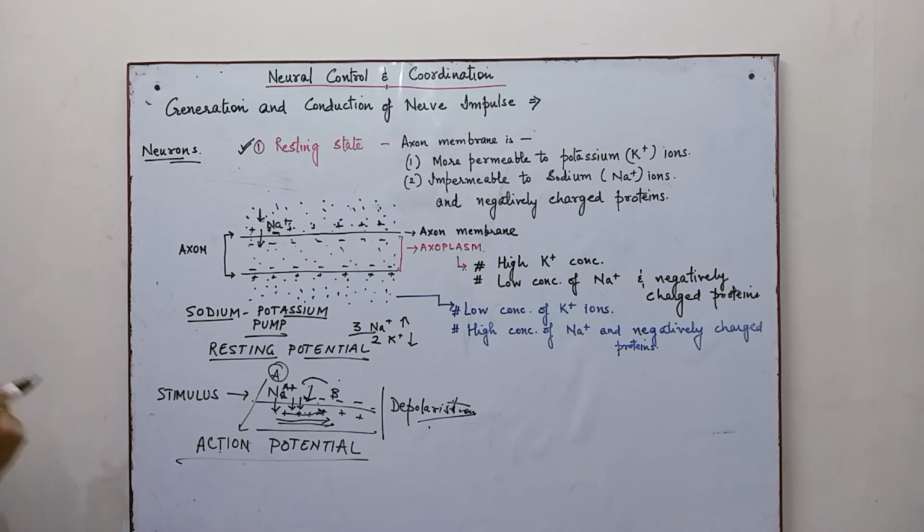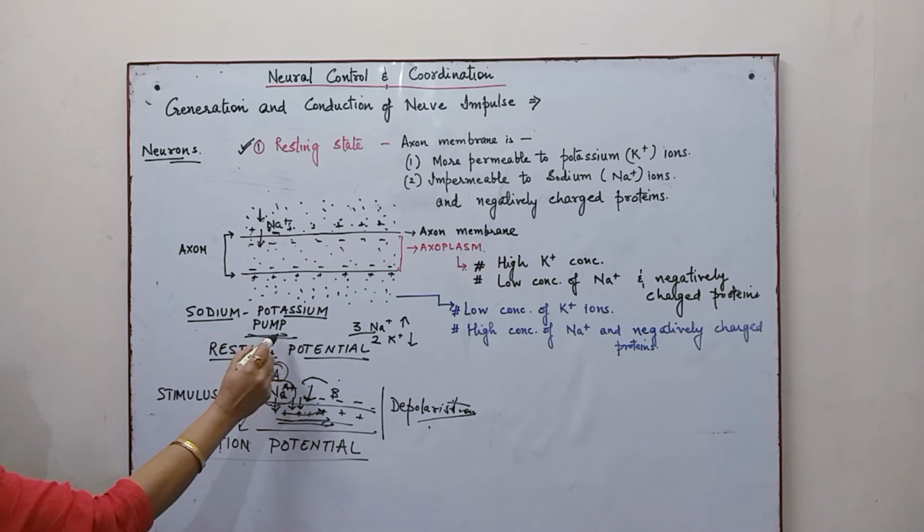So what happens is the permeability of sodium again goes back to stage 1. That is, soon after this has passed, the membrane will lose its permeability to sodium and will soon become impermeable to sodium ions and also to negatively charged protein, entering into the resting stage and finally becoming ready to receive another stimulation. So over here we find that it is the sodium potassium pump that helps in the development of